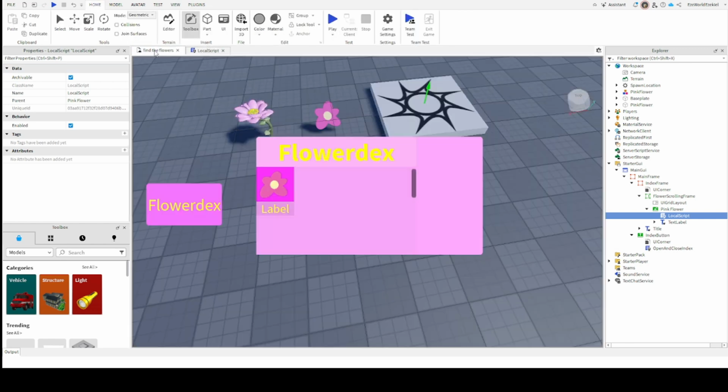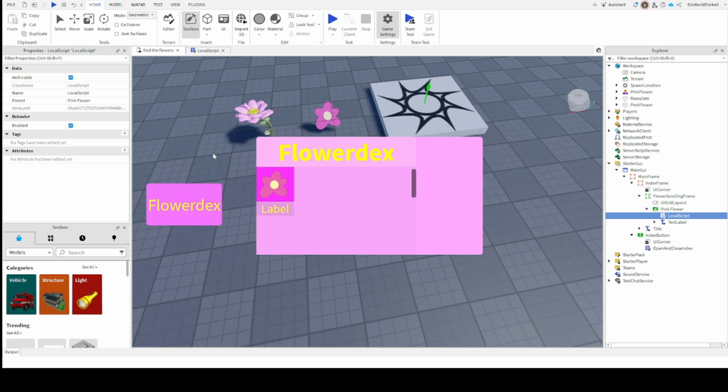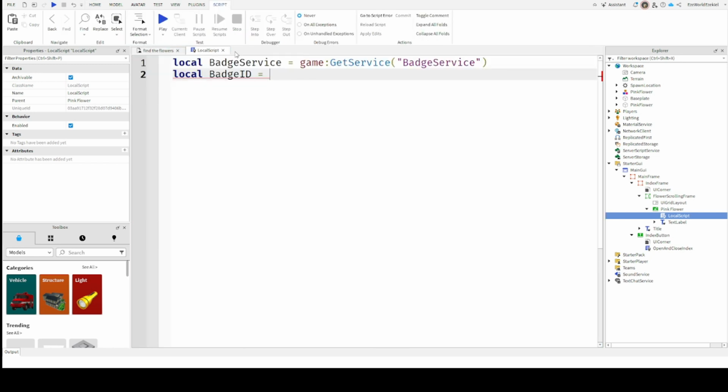Okay, and after this, we're going to go back here. Game settings. I forgot, it's in monetization. Okay. We're going to find the badge. If it's not here, let me know. So click the 3 dots, copy ID. We're going to close out of game settings now. And Control V. So now we're going to go down 1,